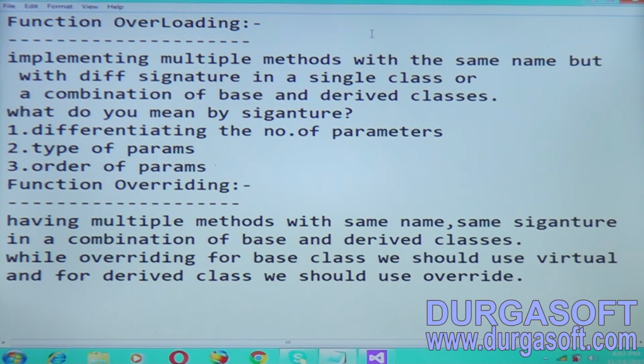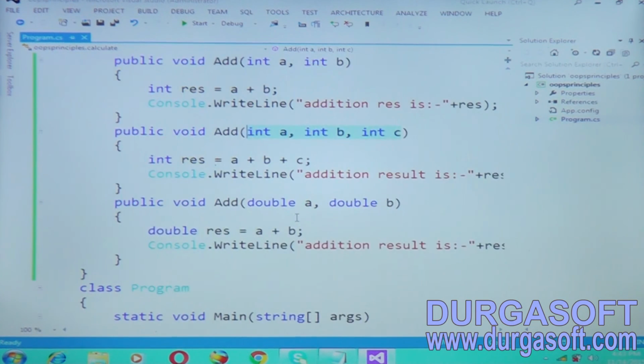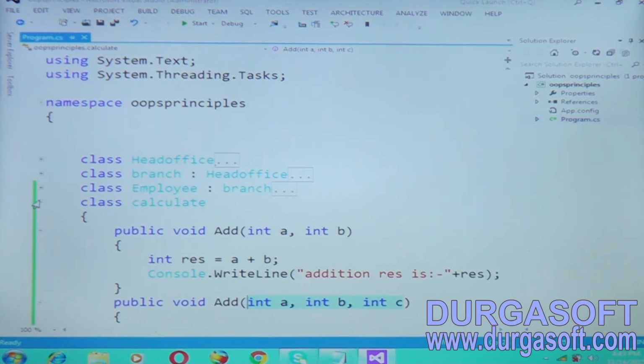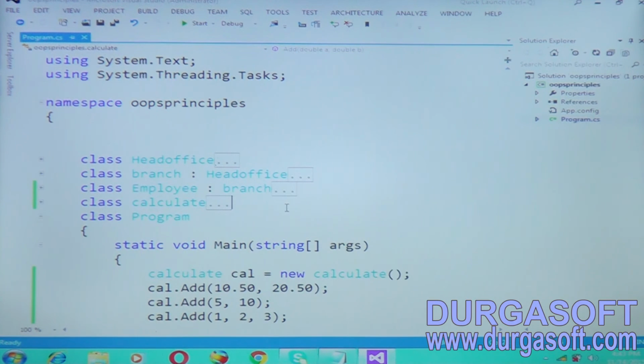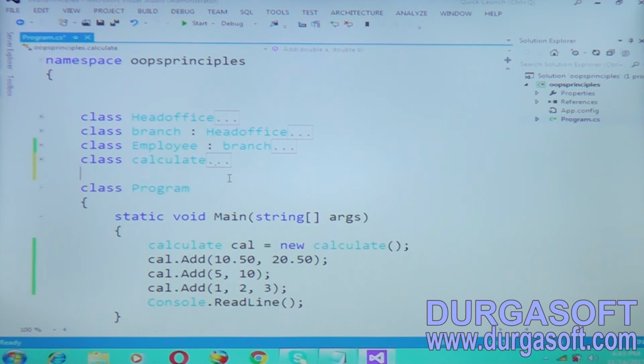Go to your Visual Studio. There was a class called calculate. Now take a class BC.